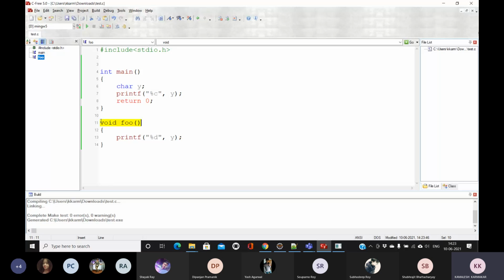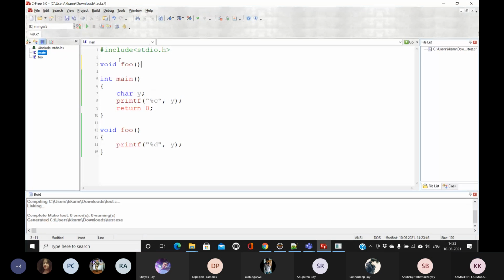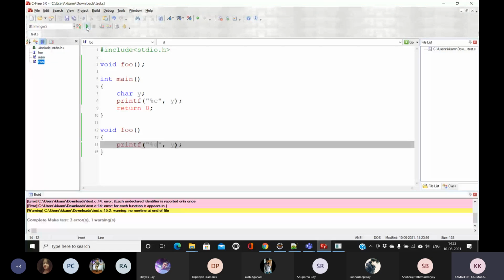Let me declare the function. This program will not compile because the variable y, which I am trying to access from function foo, is not accessible to this function because y is local to main.